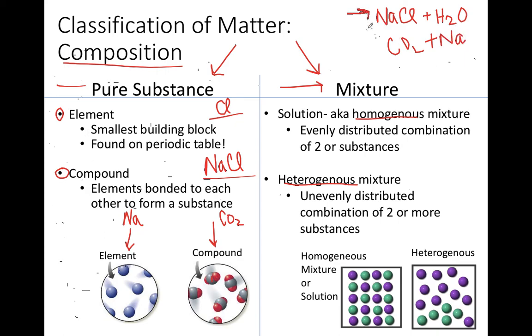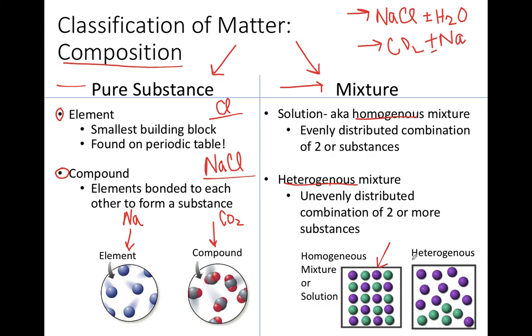This would be a mixture, and this would be a mixture. Notice I have the plus sign. I have more than one type of thing there, or more than one type of substance. How it's mixed is what determines if it's homogeneous or heterogeneous. So homogeneous is an even distribution of the combination of them. If I have 3 substances, 6 substances, it just means that there's some order, it's evenly distributed, like I